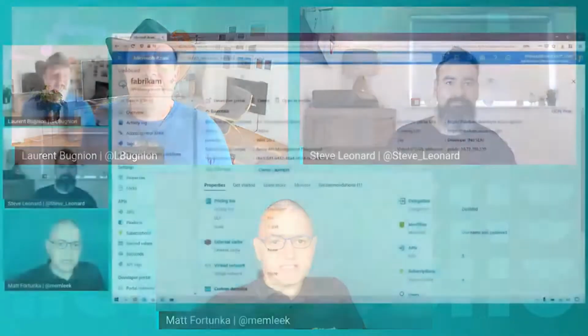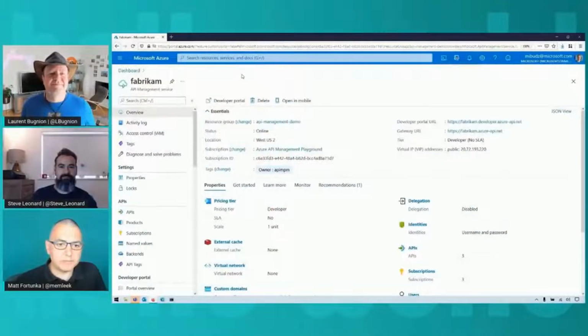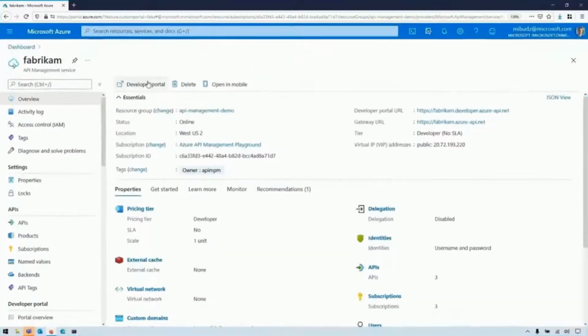Okay, I see. That sounds great. So how do I get started using it, and how can I customize it? Well, the developer portal contains a lot of predefined content, and it's got a nice drag and drop interface. Instead of me telling you, let's show you. I'm going to go from the Azure portal, and I'm going to load up the developer portal. And you'll see when it loads,